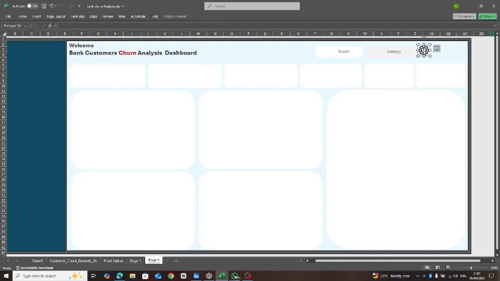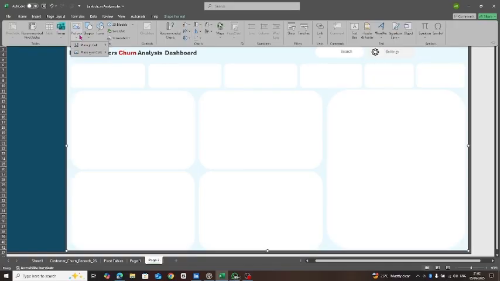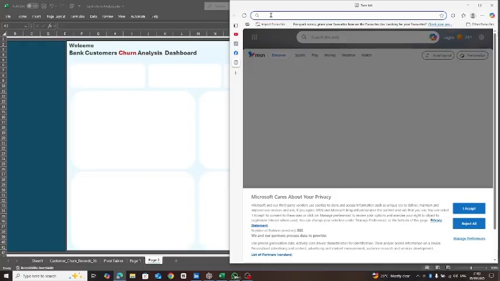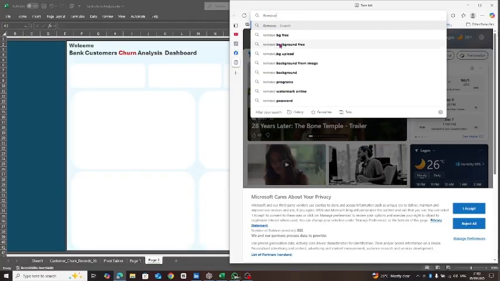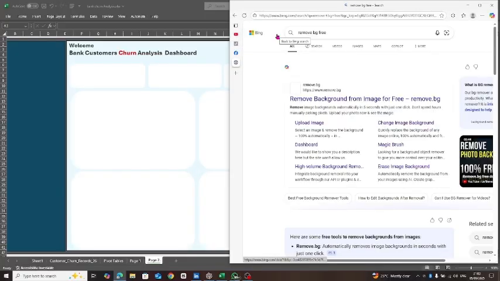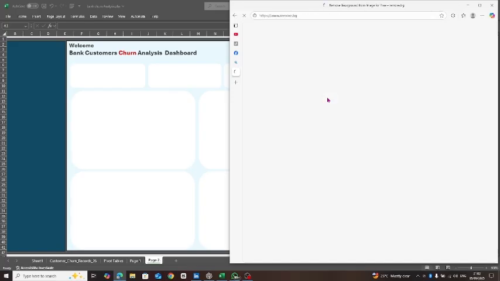Okay, and then it should be downloaded as a JPEG format or as a PNG picture. Okay, so how to place your icons in your dashboard? You go to insert and you see pictures and you choose place over device.